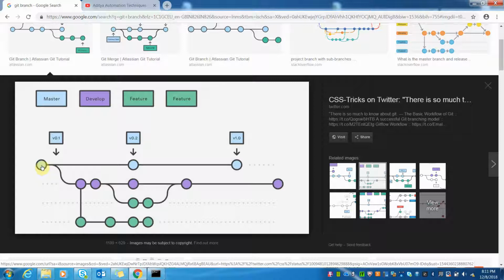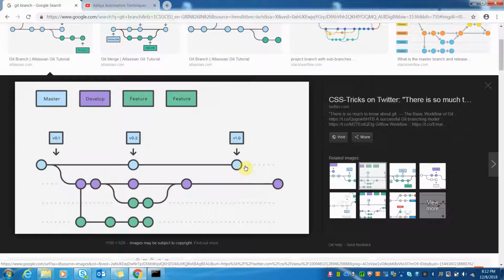But in layman terms, suppose this point is the first commit that you have made, and let's say we never went for any branching. So this straight flow is going to be our master branch, and technically speaking,